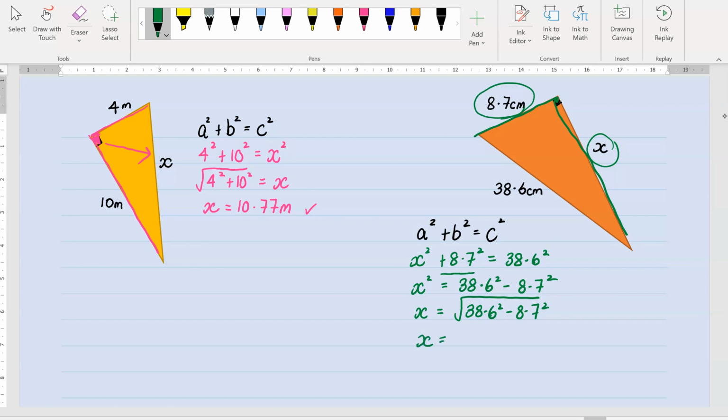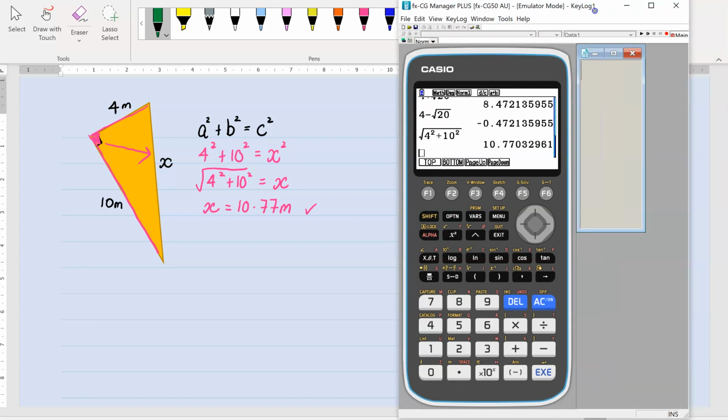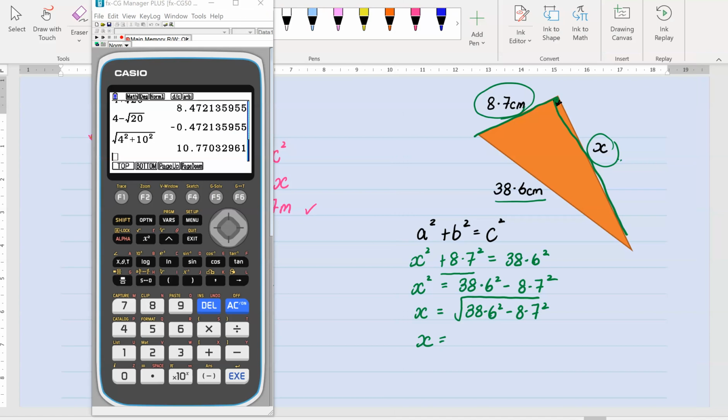We will know that we're going to have a good answer if this answer is less than 38.6, because remember, the hypotenuse is always the longest side. So let's have a look at our calculator. I'll have to move it over to the other side. Okay, so once again, we're just going to type this in. So we're going to go square root and